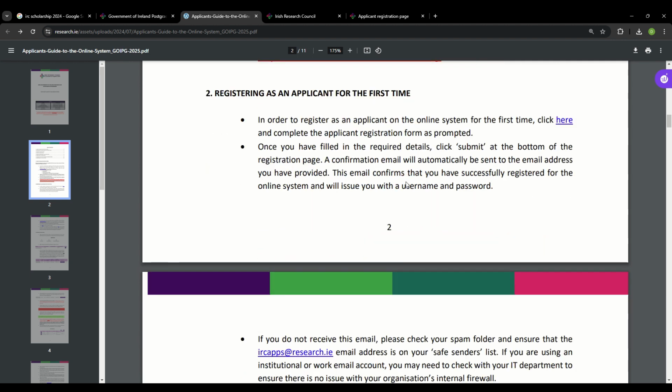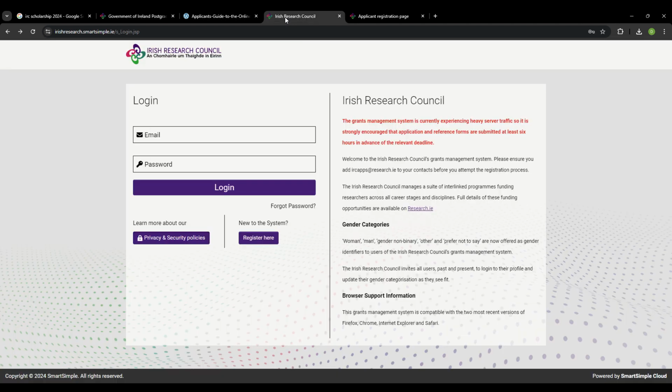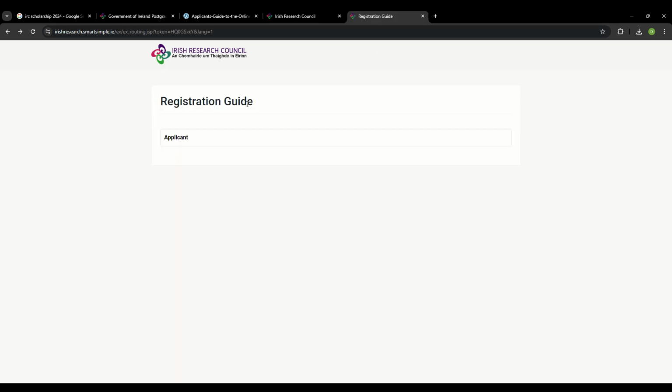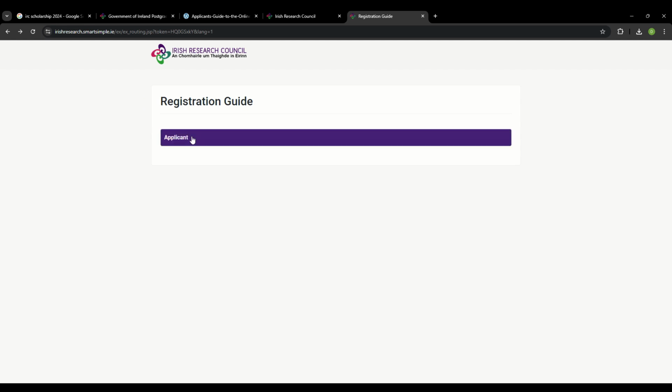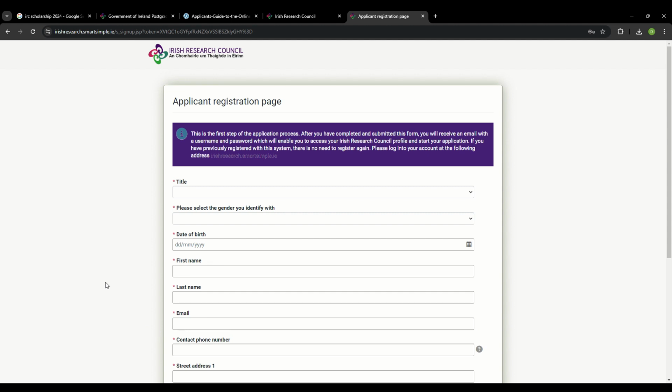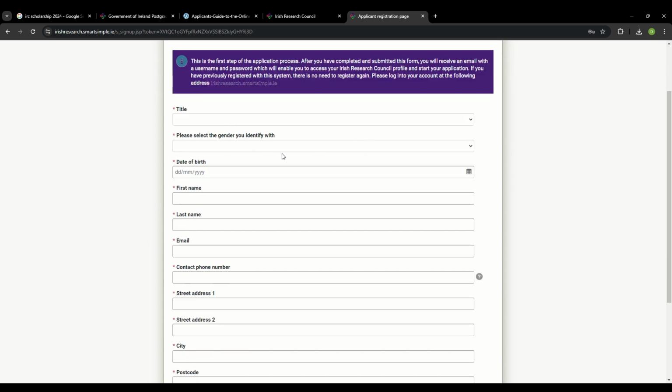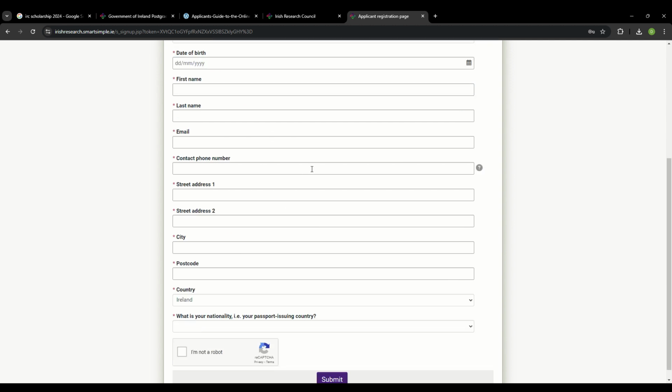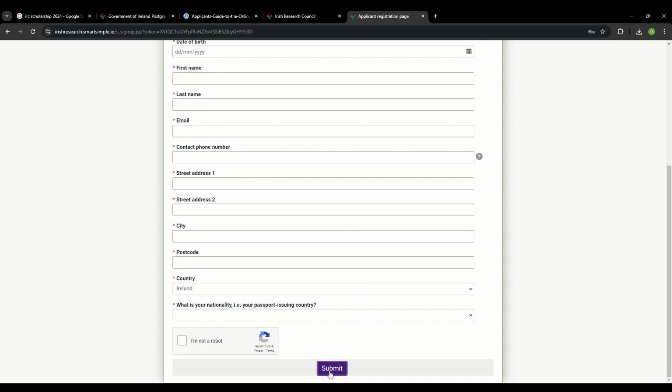The second thing is registering as an applicant for the first time. You have to register for the online system. When you click here, you will be navigated to a page like this. You have to click on register here, and then the registration guide, and as you are the applicant, you have to click, and this is the page where you will be navigated. It will ask everything about you: your title, gender, date of birth, name, etc. And when you submit this,